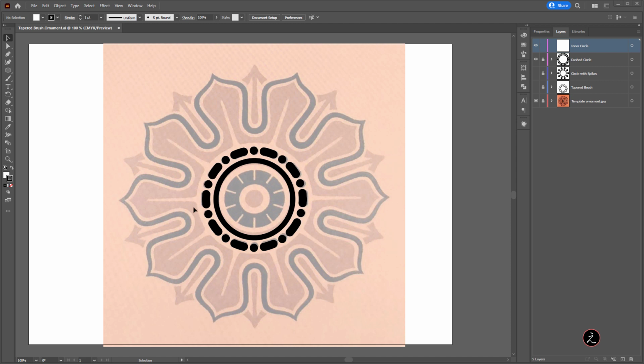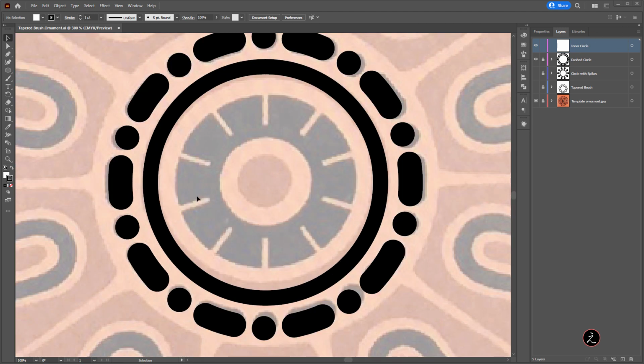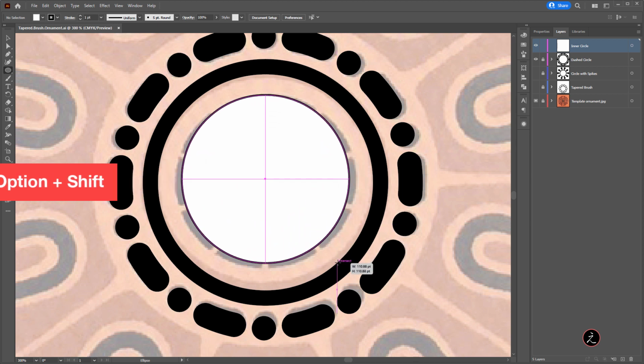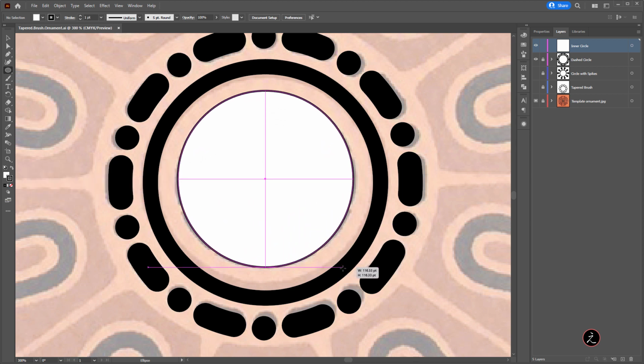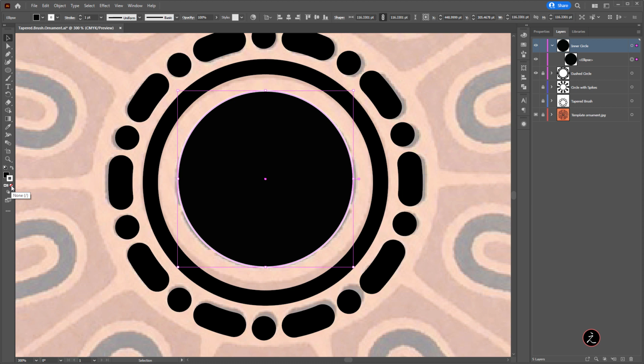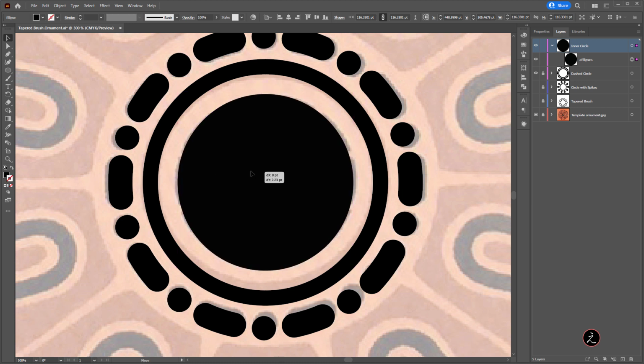So this next step is this inner circle. And again, I've created the appropriate layer inside the layers panel. I will grab the ellipse tool. I'm just going to click and drag, holding down Alt Shift or Option Shift to create a perfect circle from the very center, and just release. Now, no need to have any stroke here. I'm just going to remove the stroke and make sure this circle is around the center, more or less. I'm going to center this very soon.